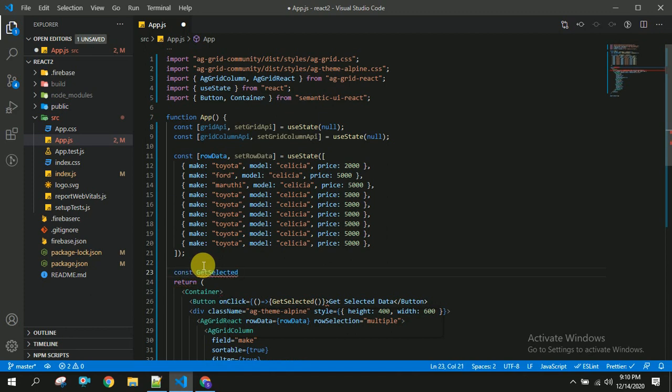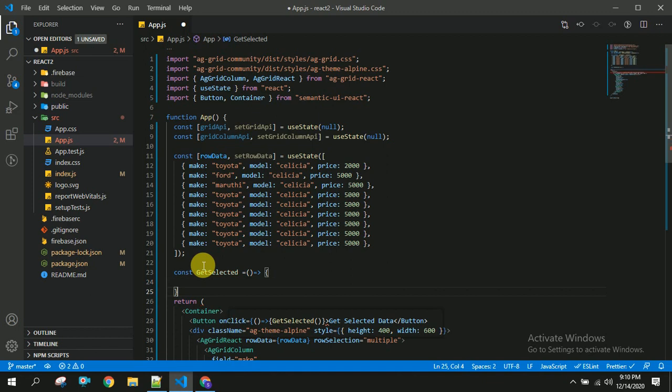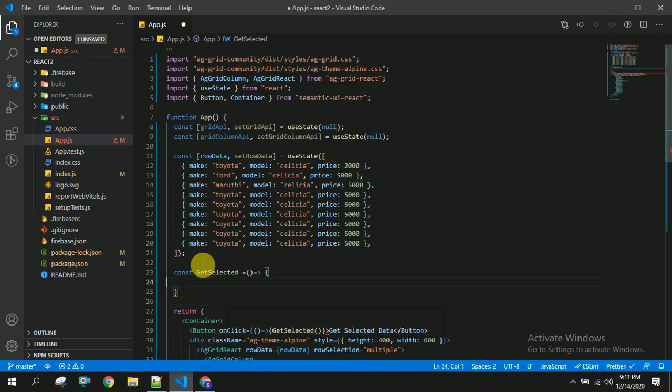This is an ES6 arrow function. If you don't know how to create an ES6 arrow function and all the stuff about that, you can go back to my channel and refer to that. Now I am going to send some event to this. Okay, yeah, let us give this event here. Let us save this.